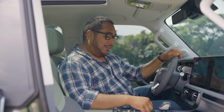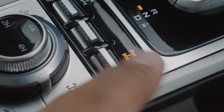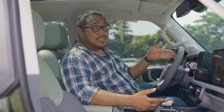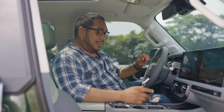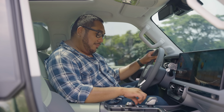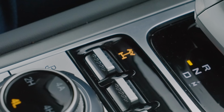Now that we are in 4 low and things are still difficult, we can now engage the rear locking differential. You hold up the switch for a few seconds, the rear locking differential will engage, and you will be prompted with a message here at the driver display. Now, if things are even more difficult than that, so this is sort of the last resort, you can engage now the front locking differential. Just the same, put the switch up, hold it for a few seconds, and it will tell you that the